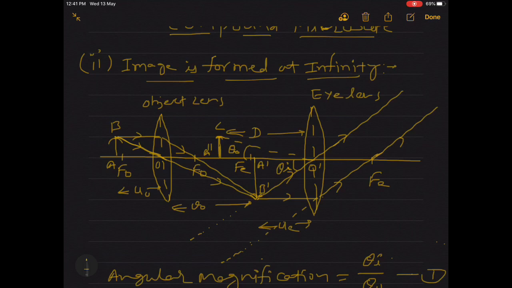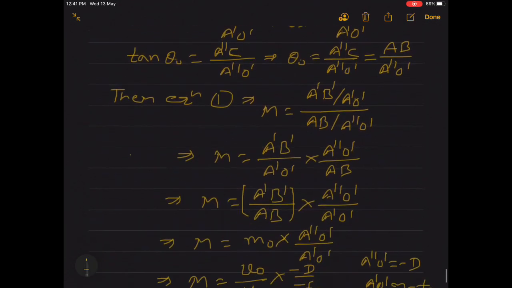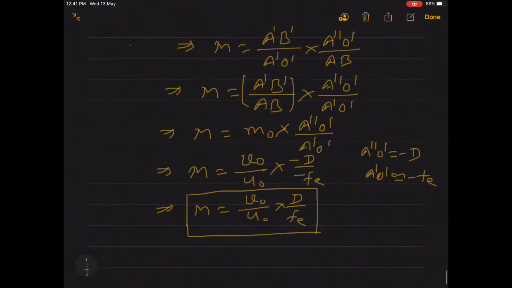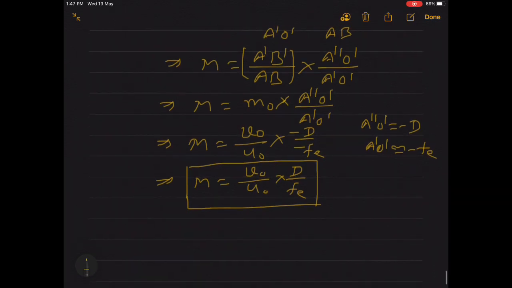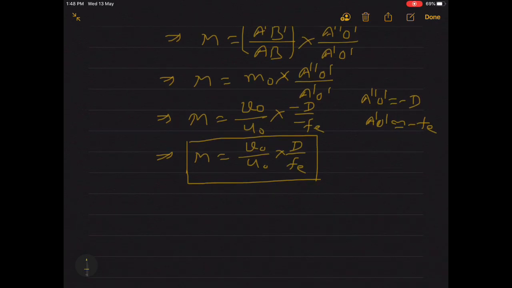This distance was D that we had taken A double dash O dash. So in this video you came to know about the ray diagram, how the ray diagram is to be drawn when the image is formed at infinity, and how can we establish the expression for angular magnification. So we have learned about the angular magnification produced by compound microscope when image is formed at D and image is formed at infinity. Now I would tell you very little concepts related to the optical instrument like compound microscope and telescope as well,